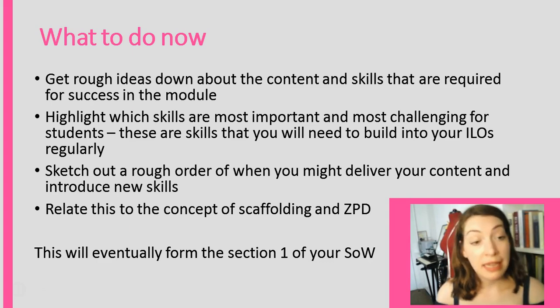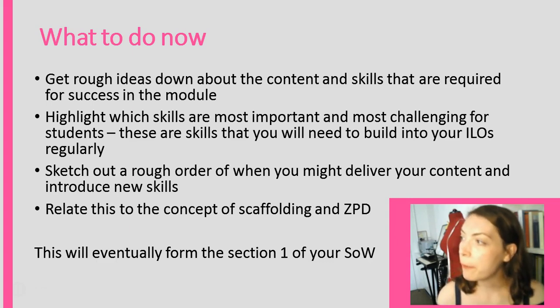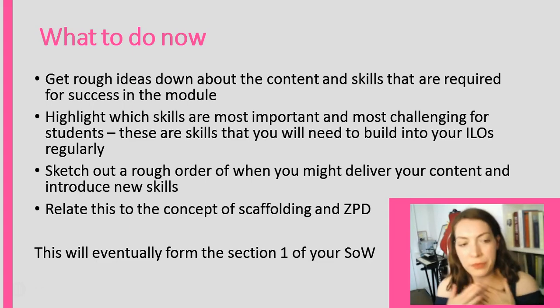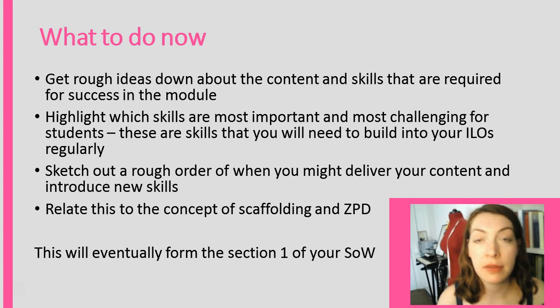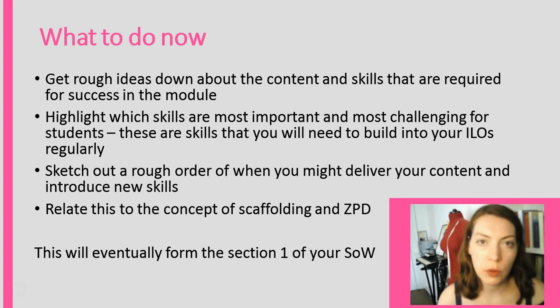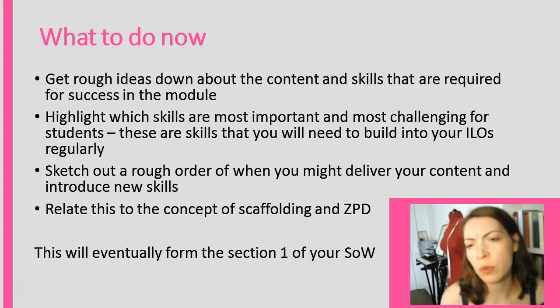And then you might want to sketch out a rough order of when you might deliver your content and introduce new skills. So this can change, but just to have an idea of how you might order things throughout the year. And this can be related to the concept of scaffolding and the student's zone of proximal development. So say you have 8 core skills across the year. It's not as simple as just having 8 lessons where you address each one of those skills, because to reach